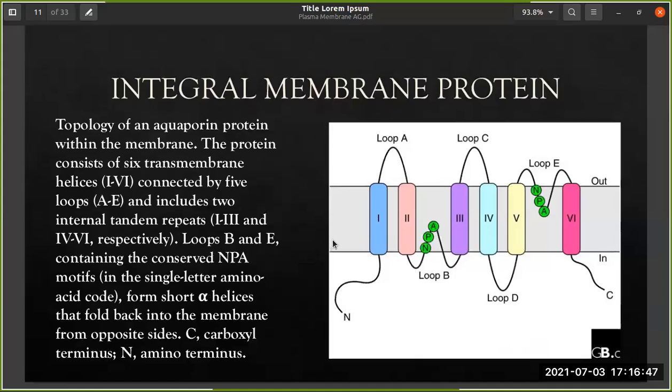Now, let's have a look at aquaporin. This is an integral membrane protein. The N-terminal site is where the protein begins. It starts from here, then goes through the membrane, where there are membrane domains. It spans inside this membrane. The amino acids over here are hydrophobic because this region is hydrophobic. Hydrophobic residues interact with each other, which is known as a hydrophobic bond, and hydrophilic residues interact with each other, which is called hydrophilic interaction.